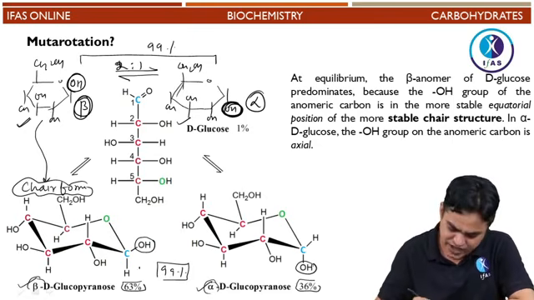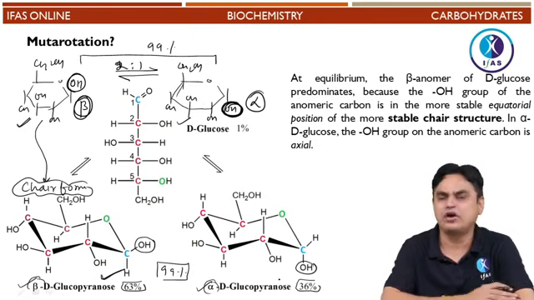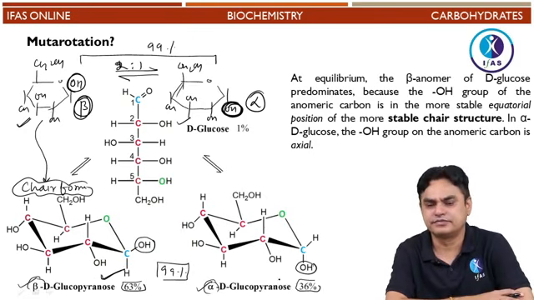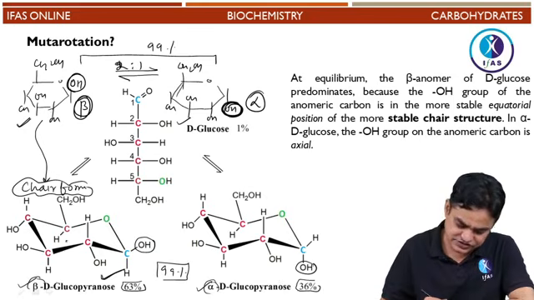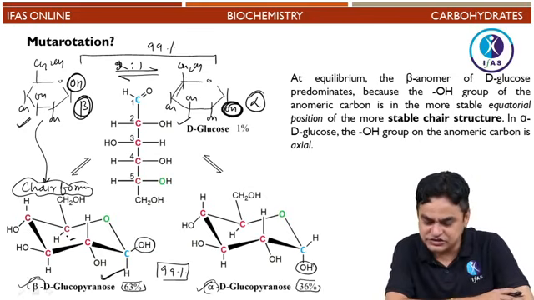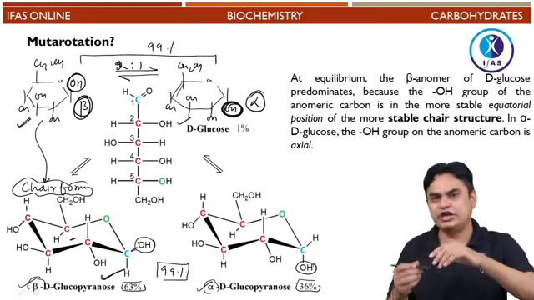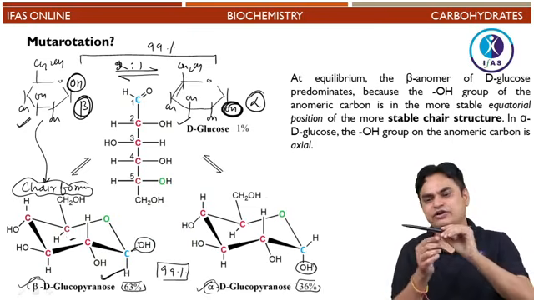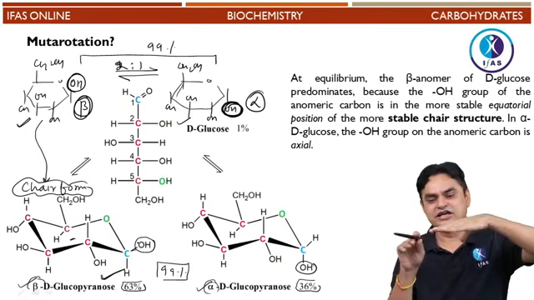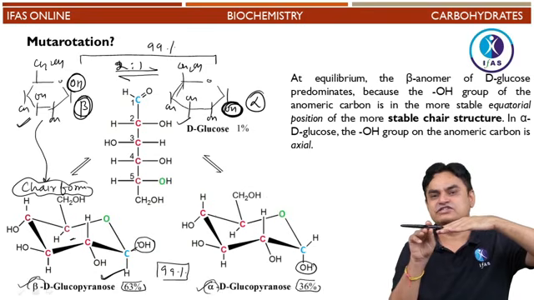2:1. But why is this beta form more as compared to the alpha form? The reason is that this structure is more stable. Why is this structure more stable? Because in the beta anomeric form, this OH group is equatorial. It is like this. This is equatorial. This is the chair and this is an equatorial OH group, which forms a more stable structure in